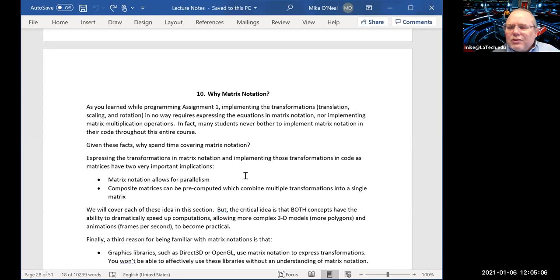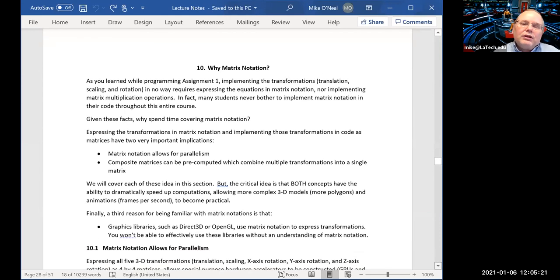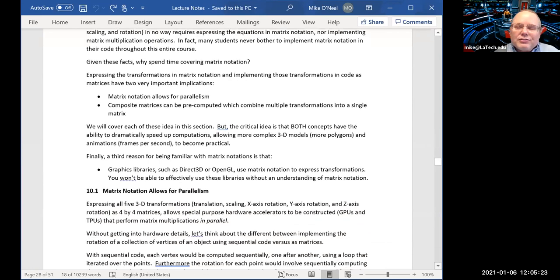Does Python have functions to run programs in parallel like MATLAB? There are. That's a question that I've not looked up the answer to. I am sure there are libraries that allow you to do calculations in parallel. In fact, I know the answer to that's yes, because if you look at